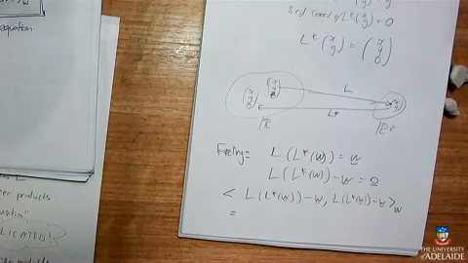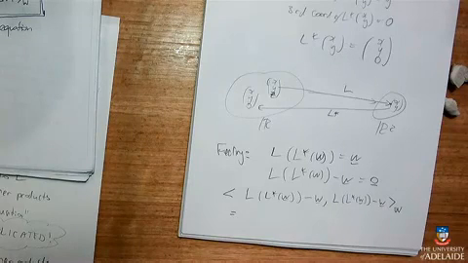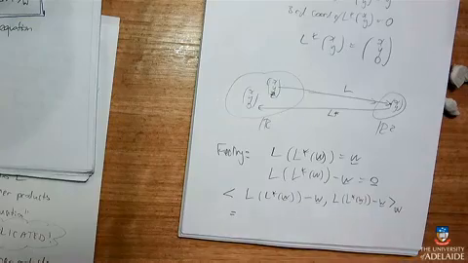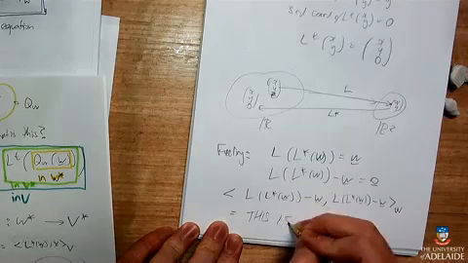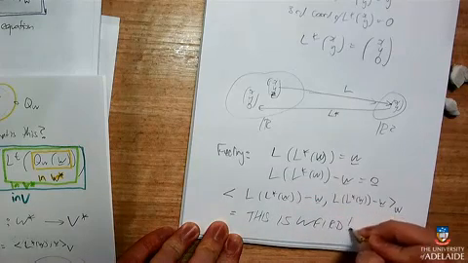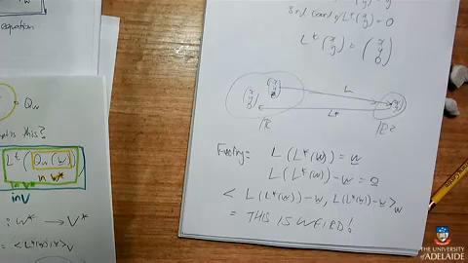But what if, oh damn it. What if the W you picked wasn't in the range of L? Not in the range of L, in the range of L star. This is really weird. I think if you pick a W that isn't in the range, I don't think that makes sense in terms of the relationship. So do we have to pick a linear transformation that's onto? I think that's the assumption here. Okay.